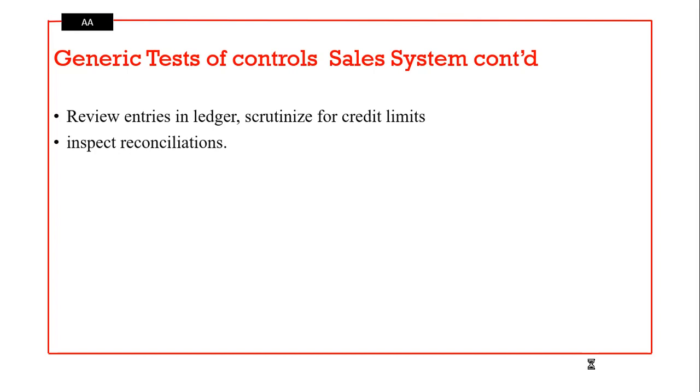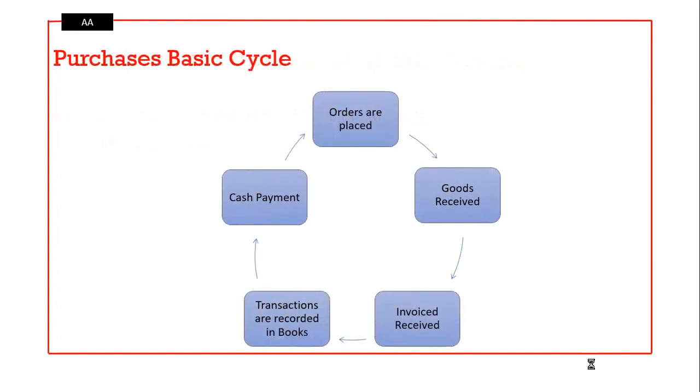Review entries in the ledger under accounting. Review entries in the ledger to scrutinize for credit limits, and then inspect whether reconciliations are being done and they're done accordingly. I want us to go now to